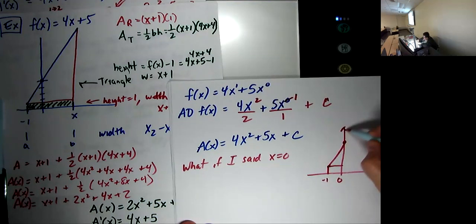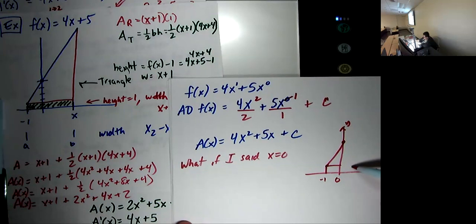This is my y-axis, this is x. The area of the rectangle is 1 times 1. What is the area here? This had a height of 4x plus 4 times x plus 1. The 1/2 x, that's what we had. If x equals 0, though, this is